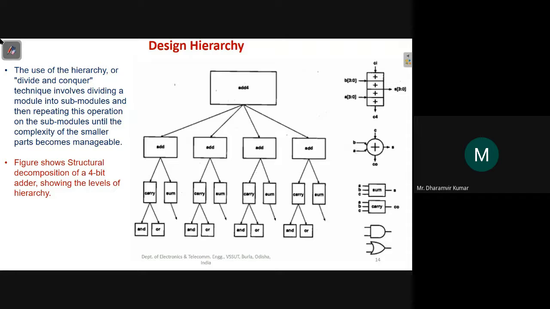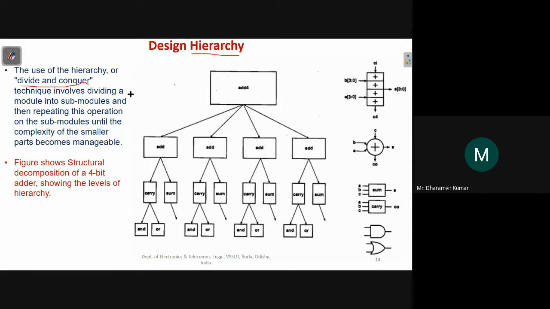So let us move to the next slide about design hierarchy. The concept here is divide and conquer, the same concept that the Britishers used to rule India during their time.